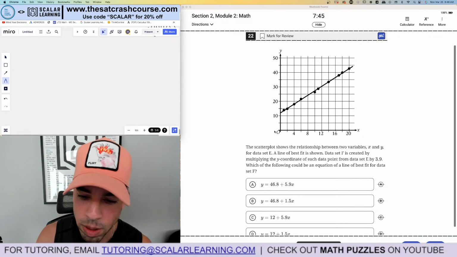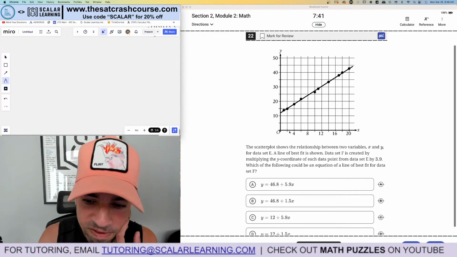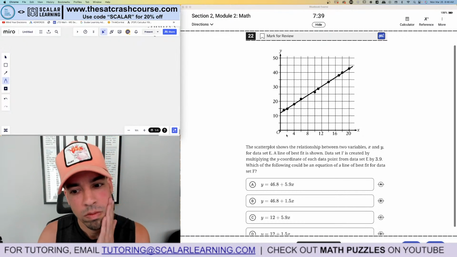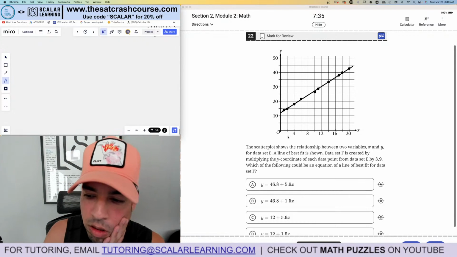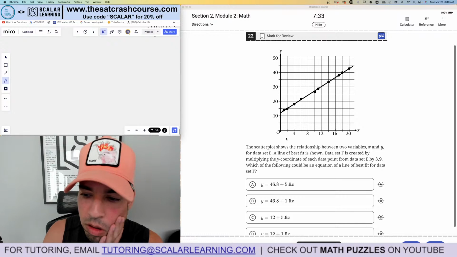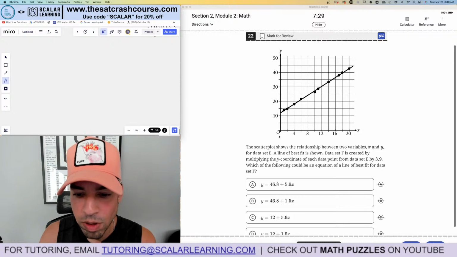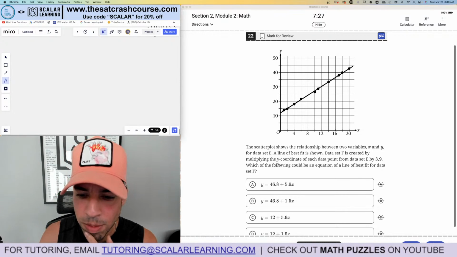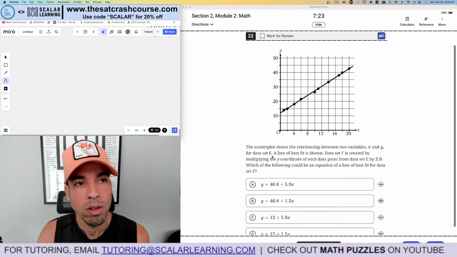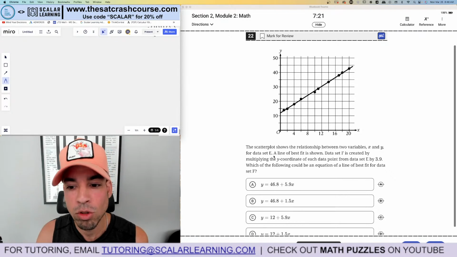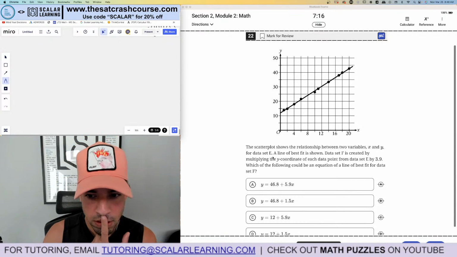All right. Wait, let me think about this for a second. What's the best way to do this? Wait, it doesn't make sense. The scatter plot shows a relation between two variables. Right? Data set F is created by multiplying the Y coordinate by 3.9. Got it. So it's a vertical stretch. Okay, which means